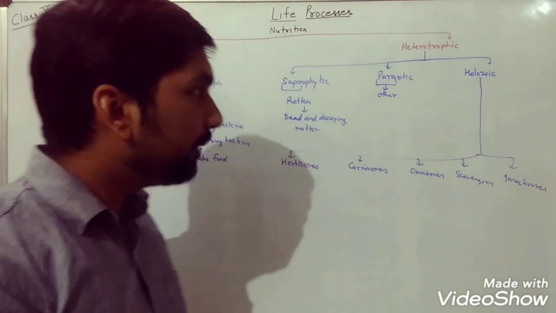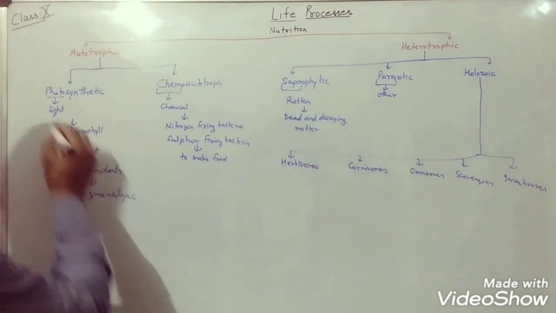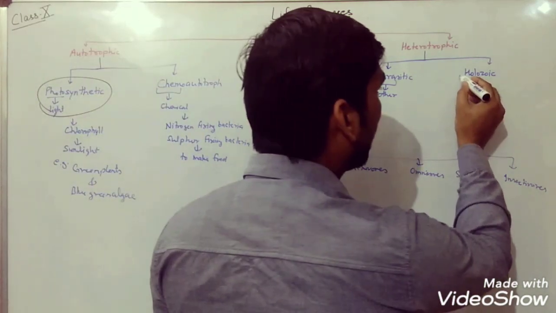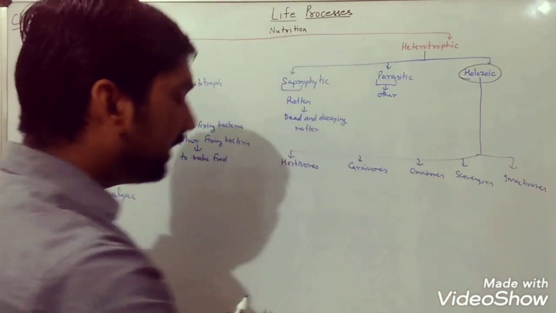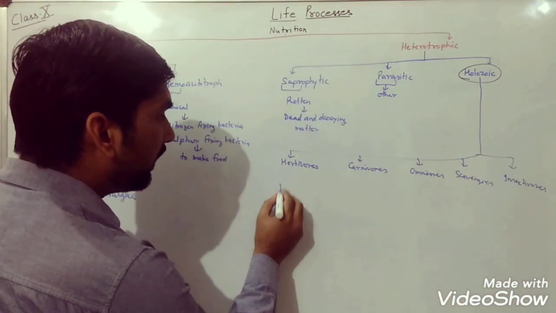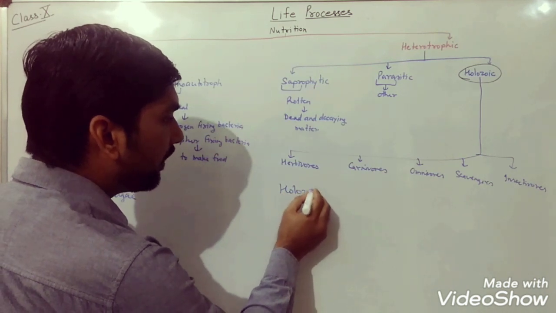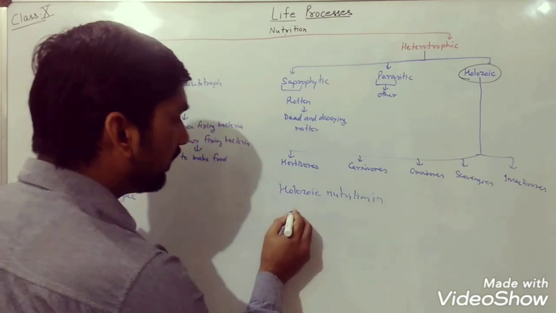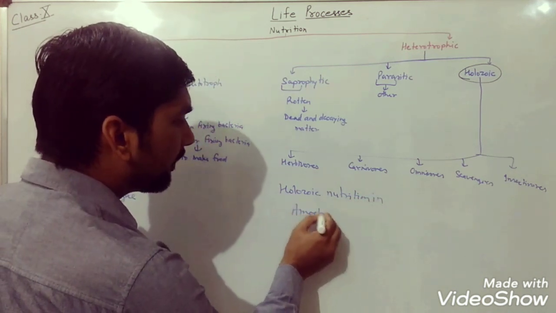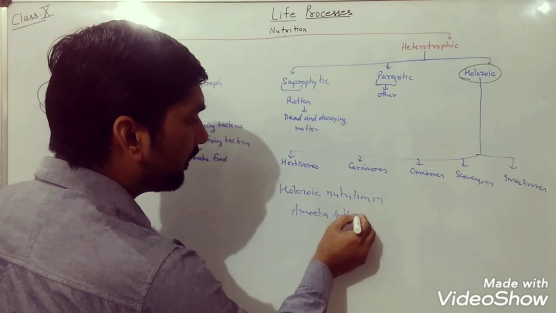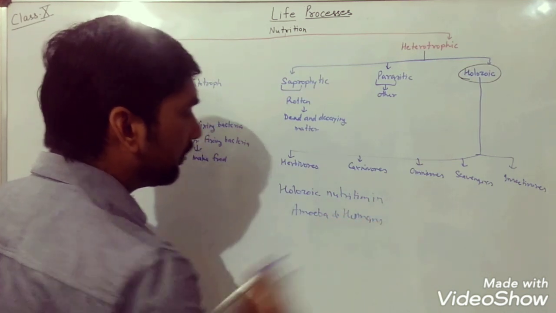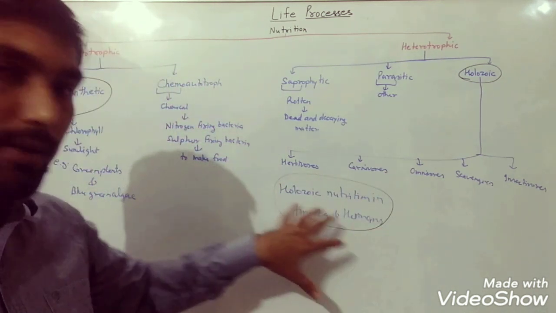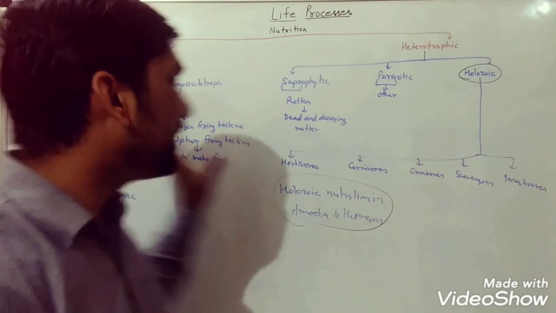Insectivores. But in our chapter we are going to read only these two type of nutrition. The first one is what? Photosynthetic, and the second one is what? Holozoic. And basically in holozoic nutrition we are going to see holozoic nutrition in amoeba and in humans. So this we have to read only, holozoic nutrition in amoeba and humans,